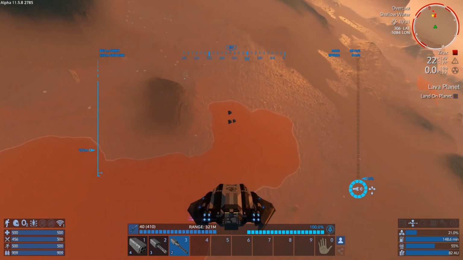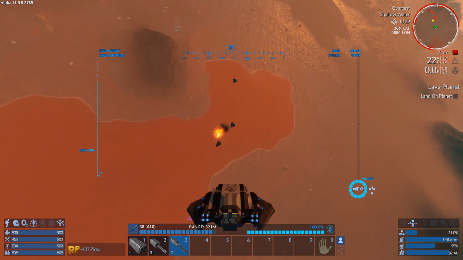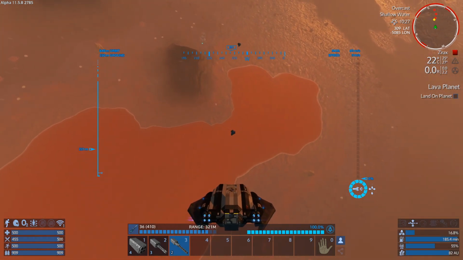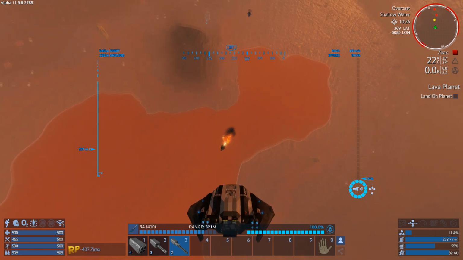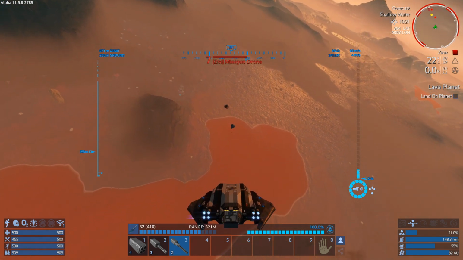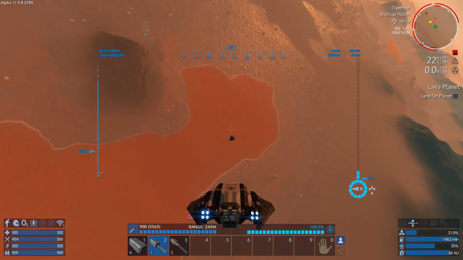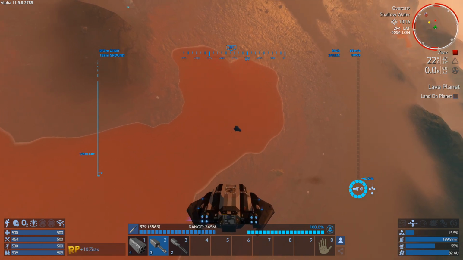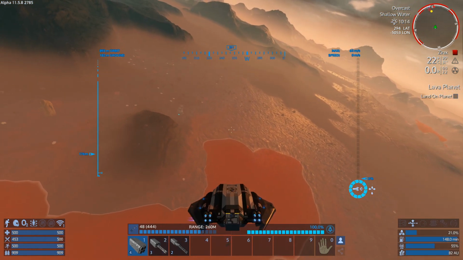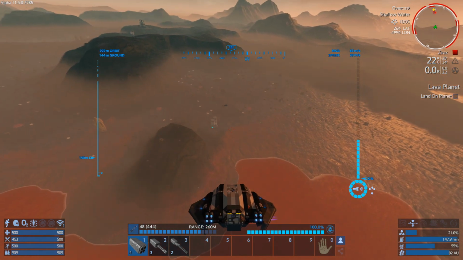Local railgun. Mind you, a red crosshair against a red lake isn't particularly good. Oops, missed. Let's get back to here. I got both. Looks like I've actually got the defense towers down here. Okay, so